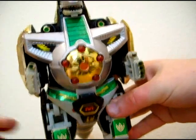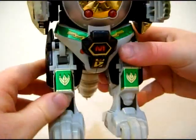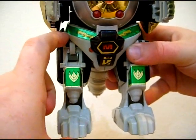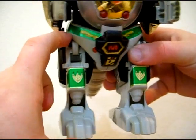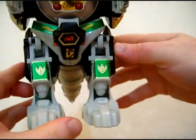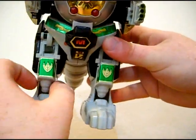Proportionately, from the crotch up, the Dragonzord is just fine. But when you get to the legs, they're a little too stubby. They're a little too stumpy. Just too short. They look fine in profile, but when you look at them from the front as well, really